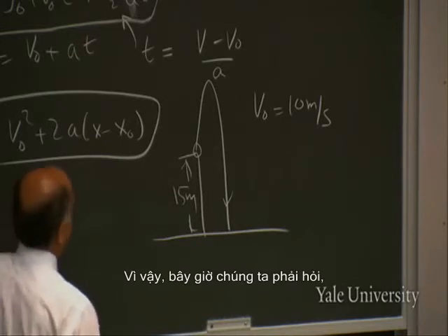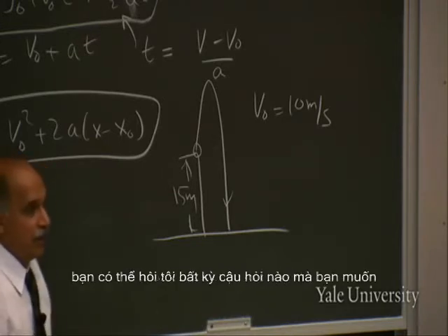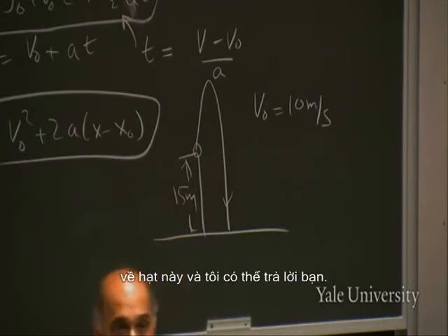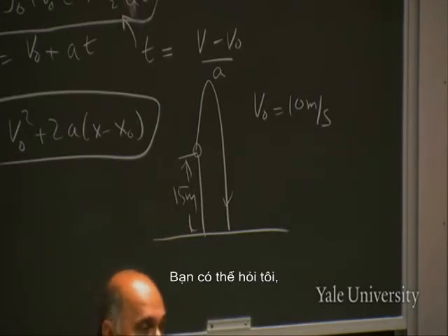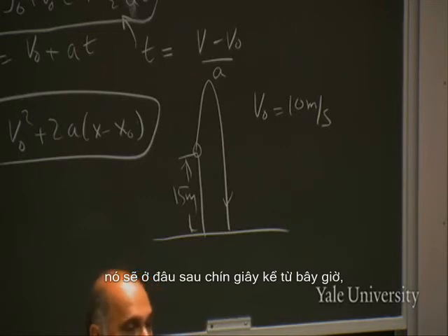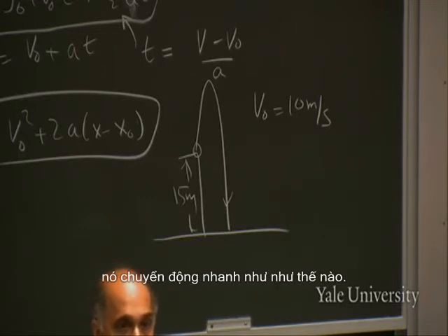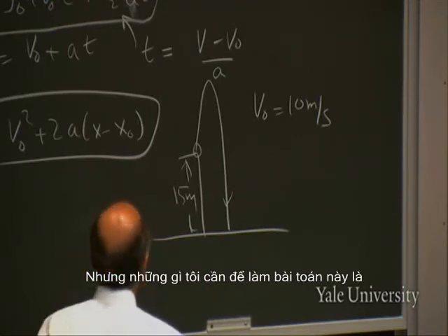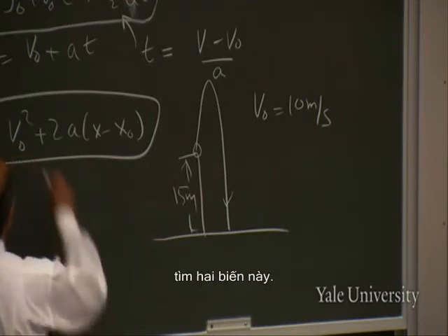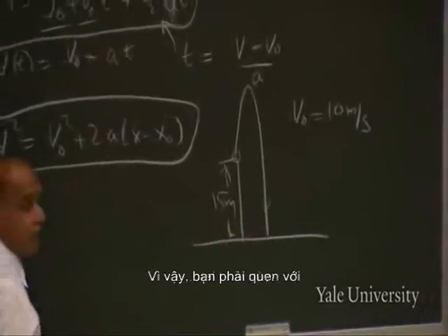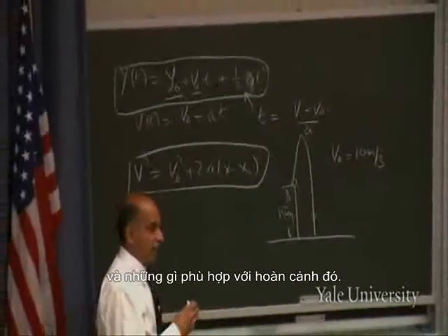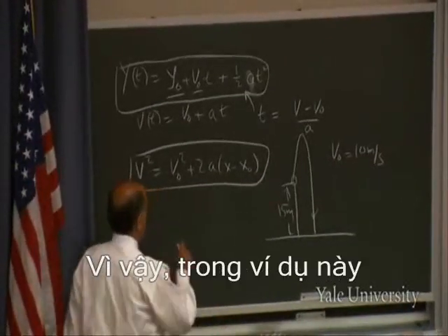So we have to ask now that my claim is, you can ask me any question you want about this particle, and I can answer you. You can ask me where it will be 9 seconds from now, 8 seconds from now, how fast will it be moving. I can answer anything at all. But what I needed to do this problem was to find these two unknowns. So you got to get used to the notion of what will be given in general and what is tailor-made to the occasion. So we know in this example